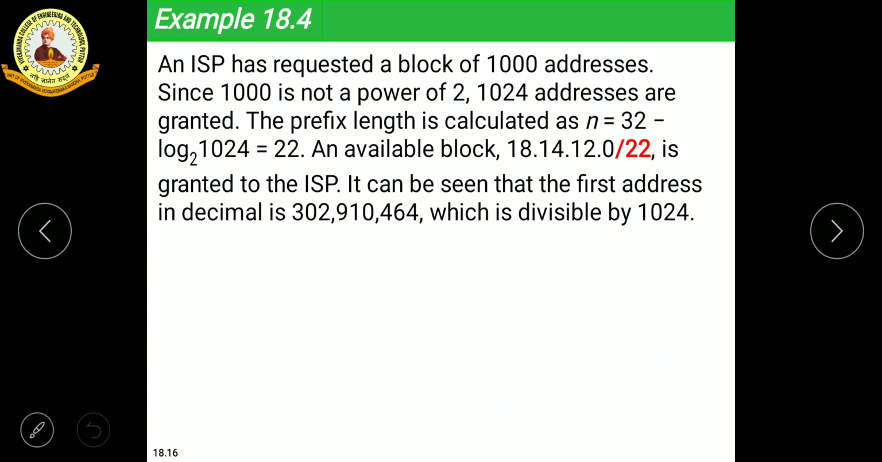It can be seen that the first address in decimal is 302,910,464, which is divisible by 1024. So that is the analogy that all the addresses will be in the power of 2. Okay, going to the next part,